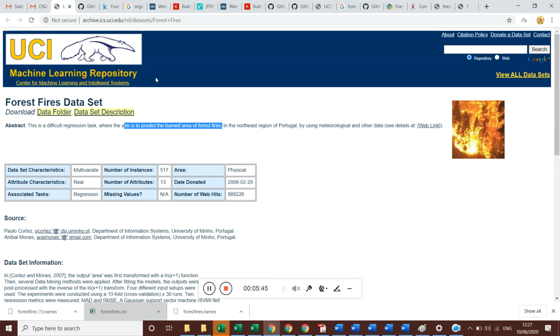Why fire should be detected: if the forest is set on fire and immediate precautions are not taken, definitely the forest will be burned and it will create certain imbalances in the environment. In addition, it has a direct or indirect effect on people living in society. To overcome such issues, it is very important to identify fire in the forest. People who are allocated responsibilities to take care of the forest should identify burned areas and take immediate actions, and the forest should be protected from fire accidents. That is your business case.